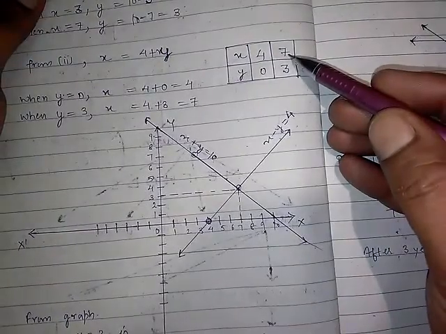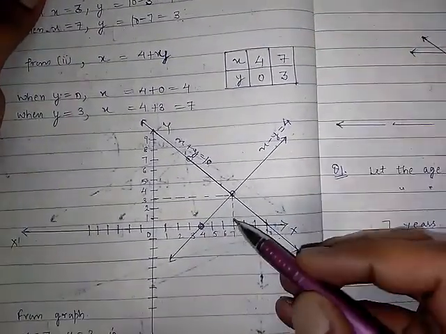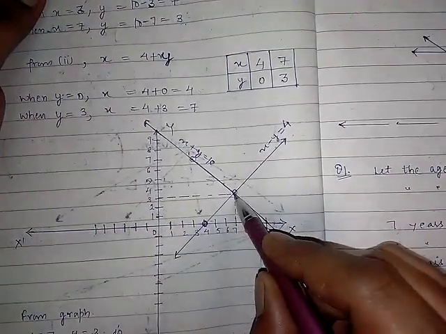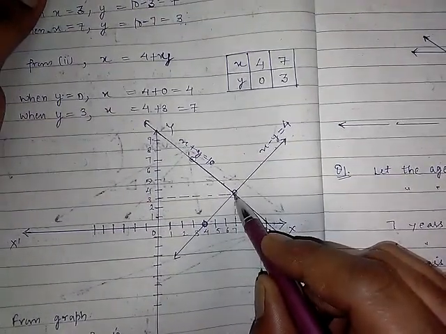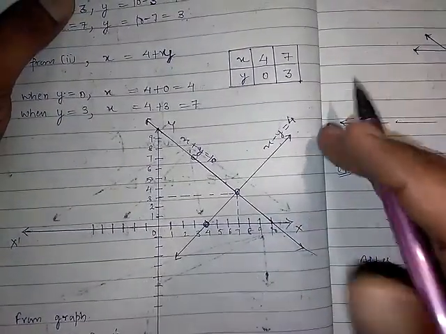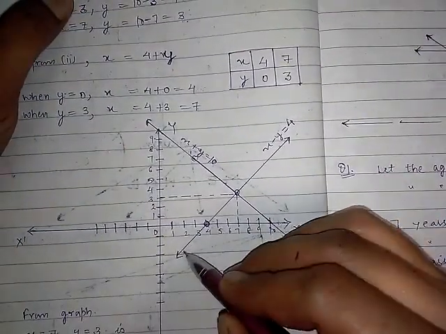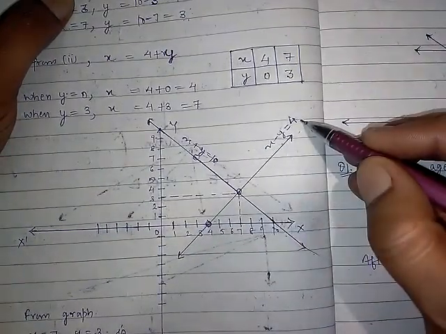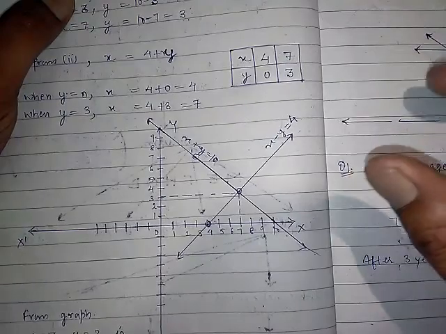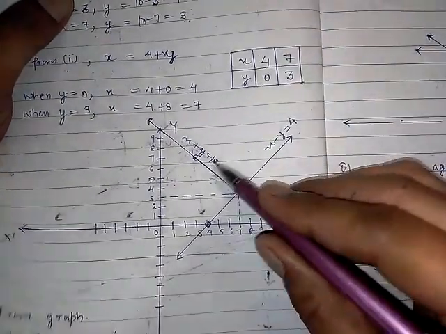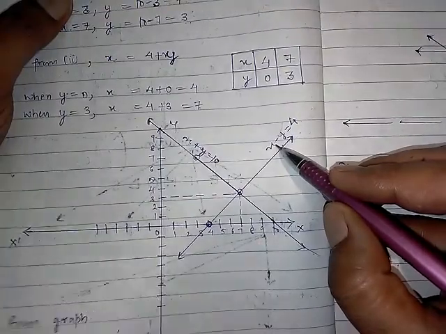Second one, x is equal to 7, y is equal to 3. So in front of x is equal to 7, y is equal to 3. So again we are getting the same point. Okay, by chance we are getting the same point, and that is a good thing for you. So again your work is to join these 2 points, draw the line and write down its name. It is compulsory, otherwise marks can be deducted in the exam. Okay, so you need to mention their names on the graph paper.